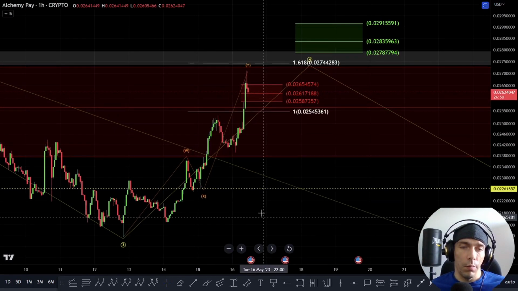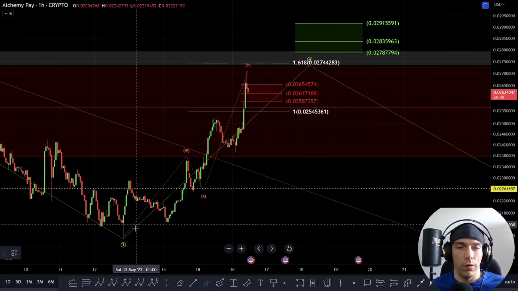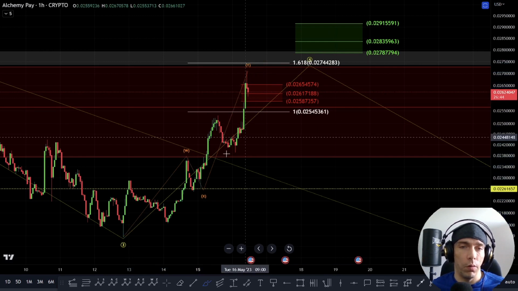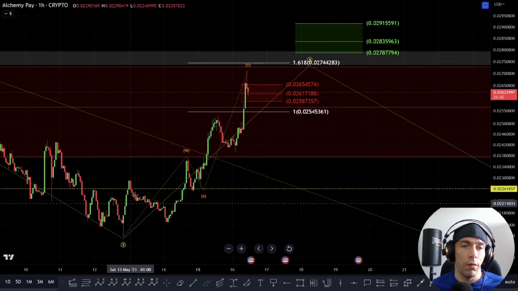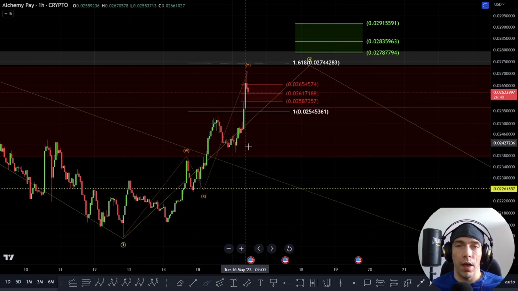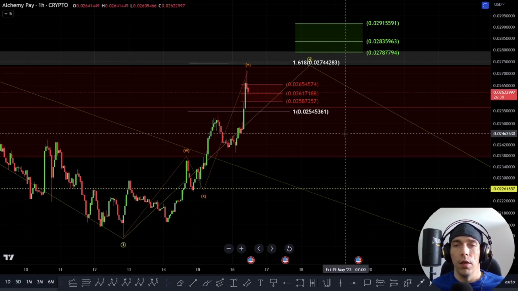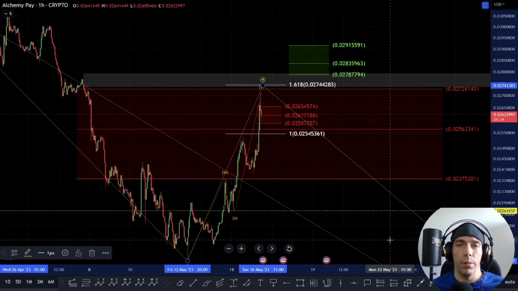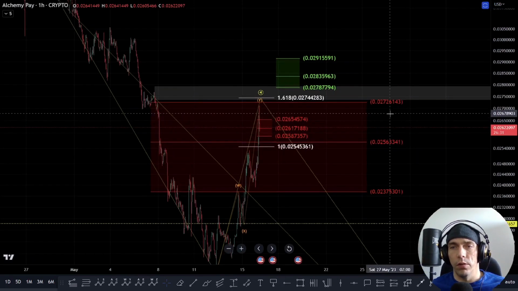Now, and like I said, we need to be careful that this is just not a corrective structure where this is W, X, and Y, because all we've got is really 3-wave moves here. They've got 5-wave internals, but we don't have good structure currently. So we need to see whether we continue to confirm this move here. But really, as long as we stay below this zone of this